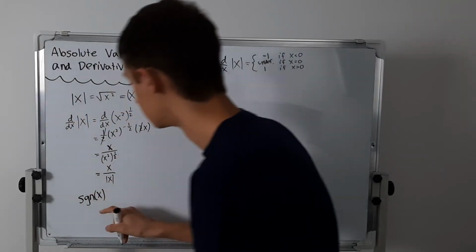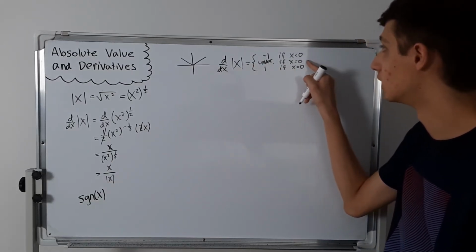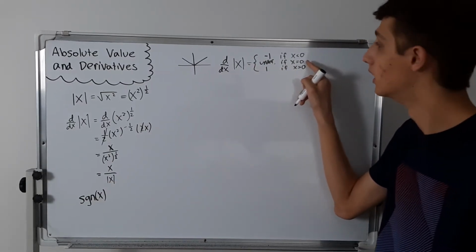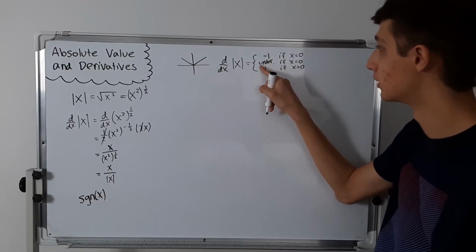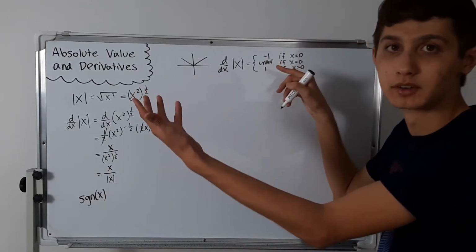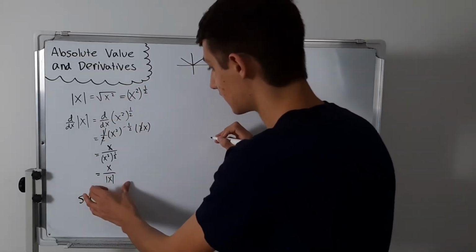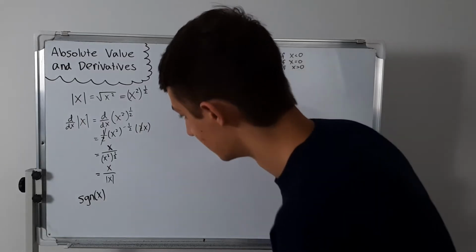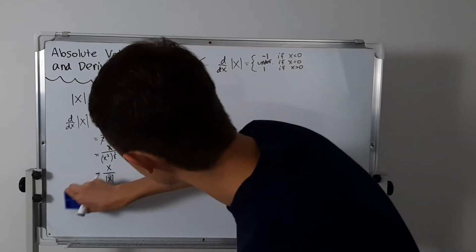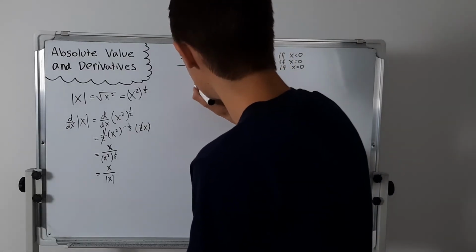The only difference between this one and SGN is at x equals 0, where there's a defined point at 0, 0. I don't really care about the SGN function, because it doesn't really matter. But if we graph this,